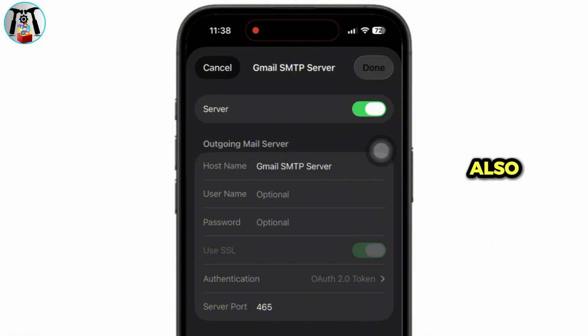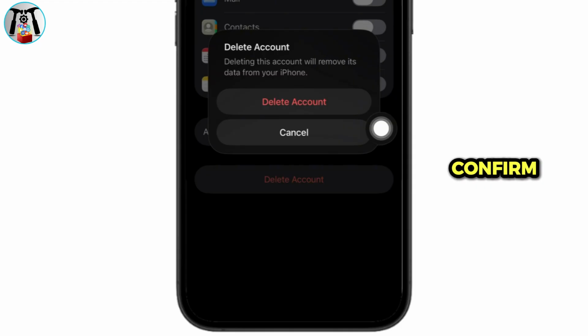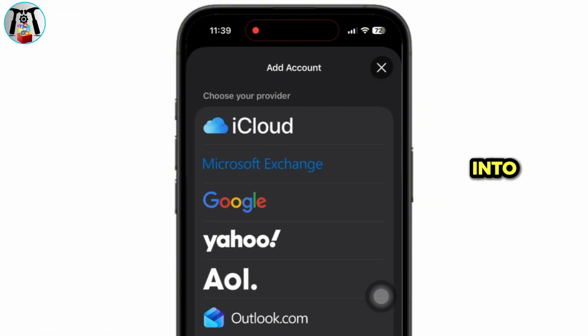If this solution also didn't work out for you, head back. Now click on Delete Account and confirm the deletion. Then return to Mail Accounts and tap Add Account. Choose your email provider from the list and carefully sign back in to re-add your account. Once everything is set up again, open the Mail app and check if your emails are